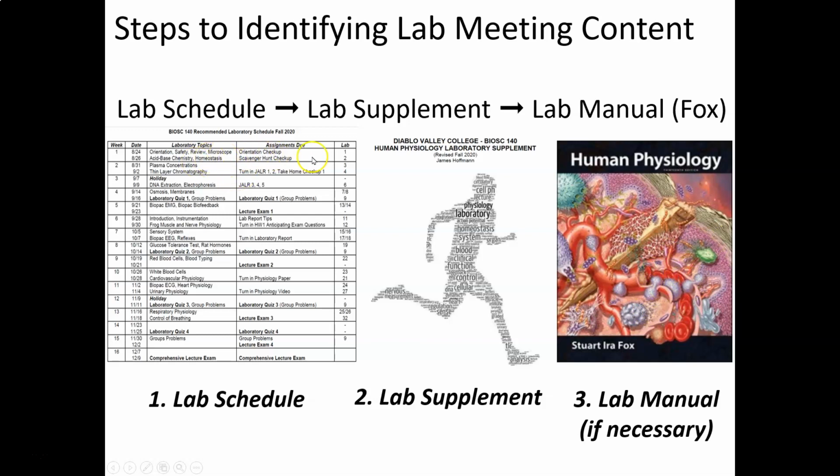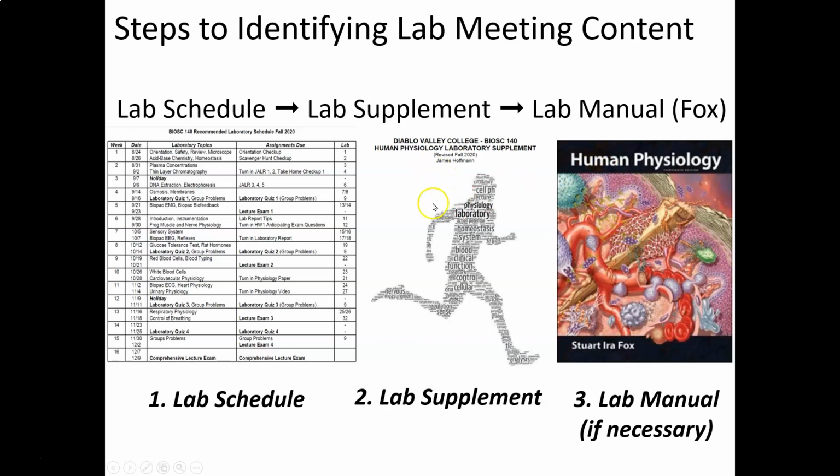So go to the lab supplement, and then occasionally, more often than not, go to the lab manual, the Fox. But as an example for lab 2, the supplement will say go to Fox 1.3, which has to do with homeostasis and negative feedback. And there's 2 experiments. And then it'll also tell you to go to 8.4 A, B, and C, which have to do with acid-base chemistry and respiration.